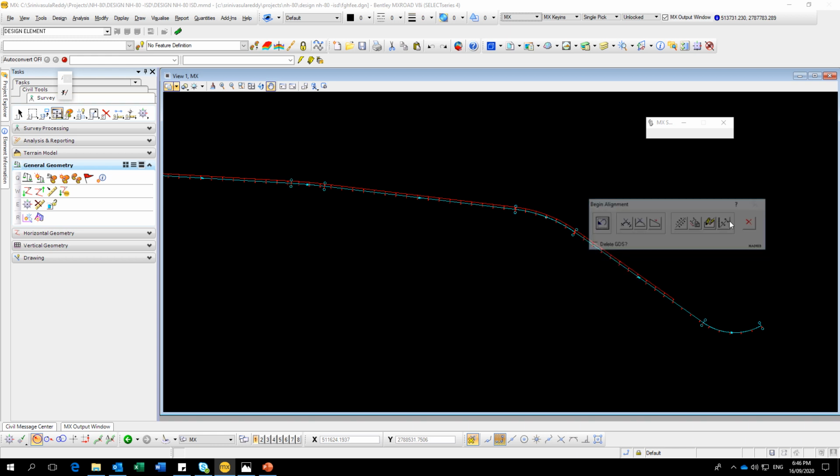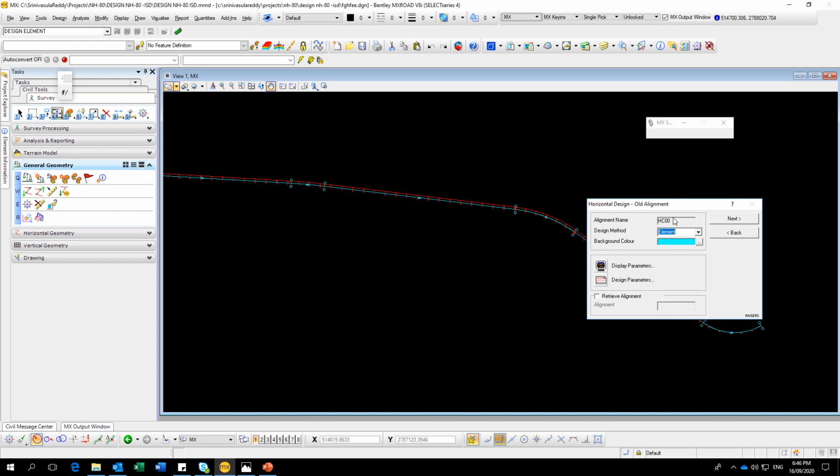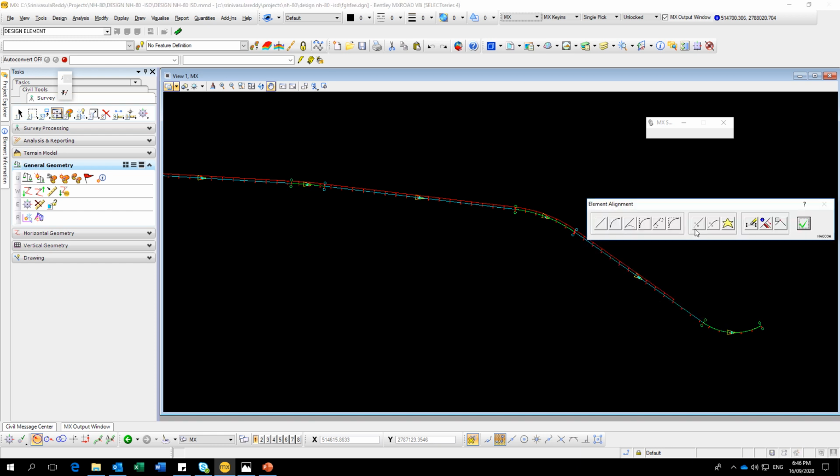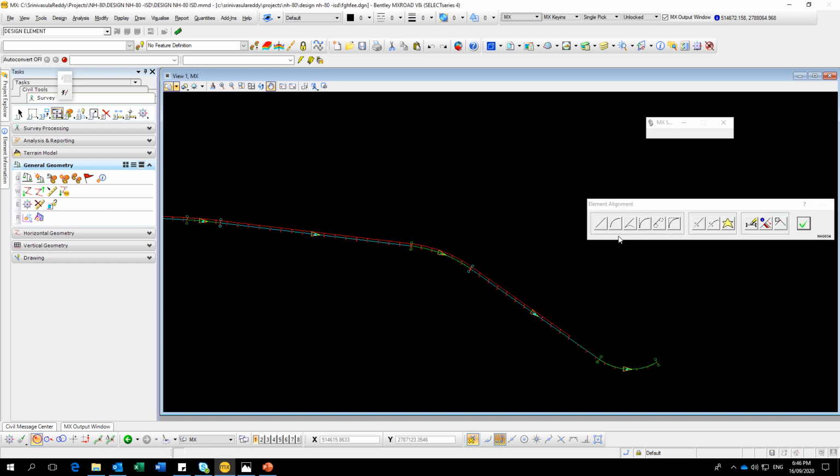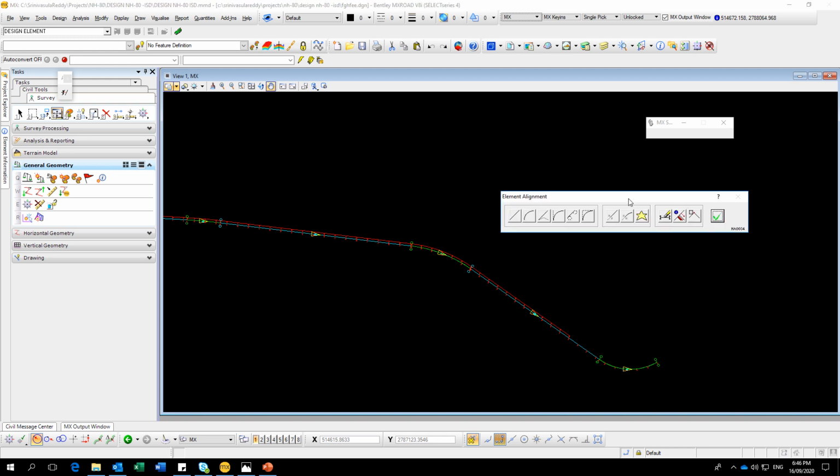I'll just show you. See, continue old alignment. See, next, these six options are very important. You just observe the figure, you will get a very clear idea. That's it. If you want to edit the alignment, you can edit here. And I used only these six options and this option, because I used to work more on the quick alignment.